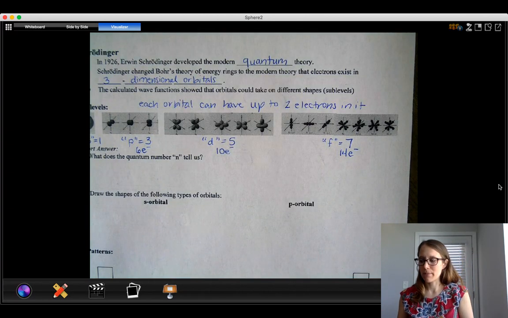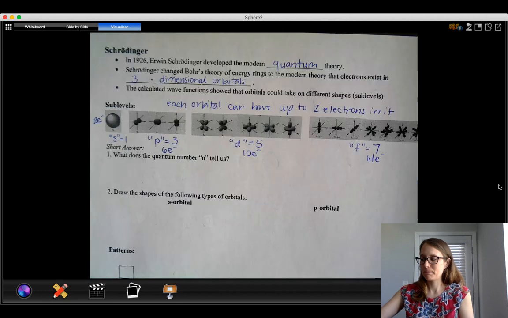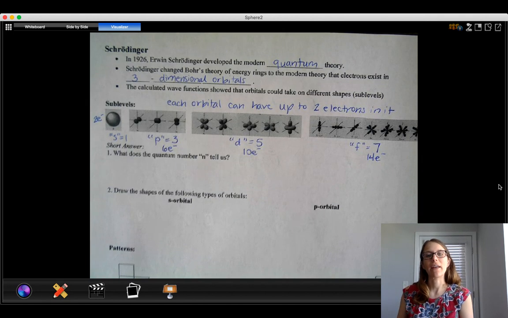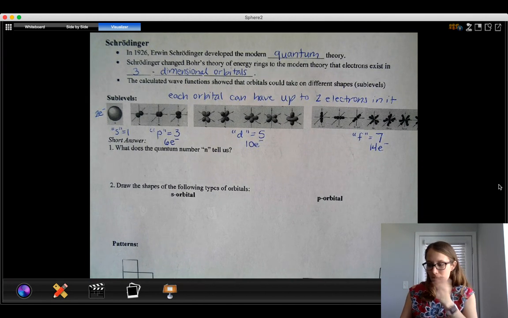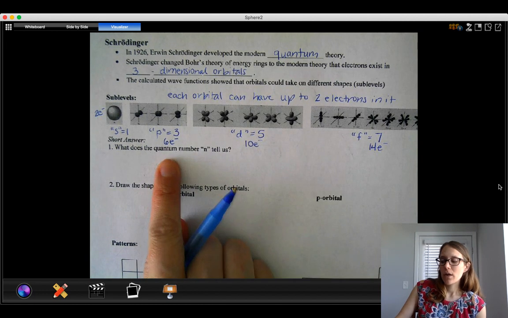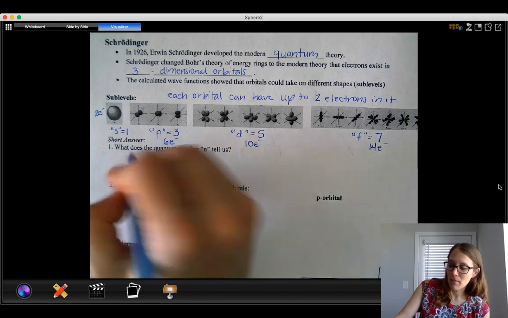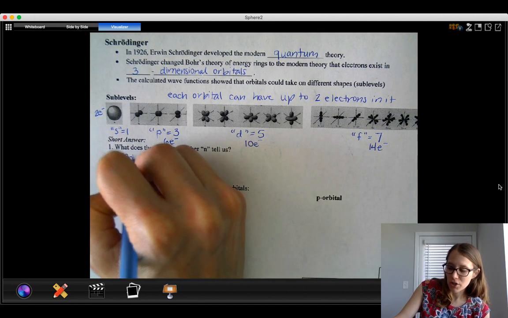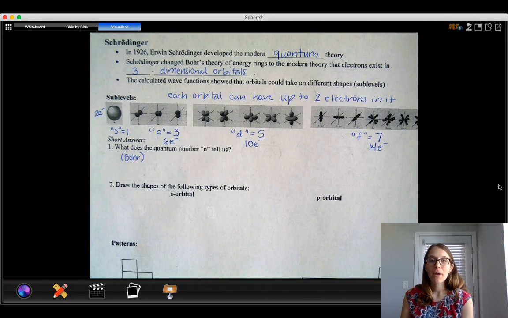And we'll come back to those numbers a little bit later on, and we'll see that those are pretty significant with the periodic table. All right, so two questions on here. We learned about the quantum number n back when we talked about Bohr. So this was in our Bohr section of the notes. The quantum number n